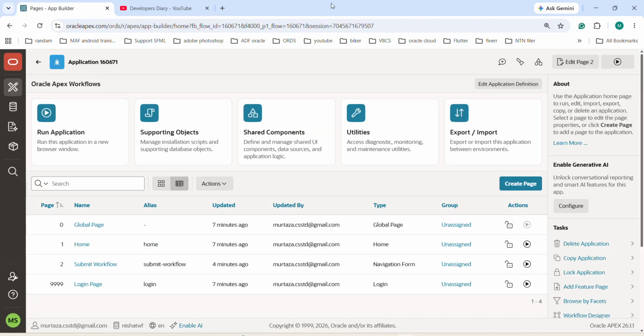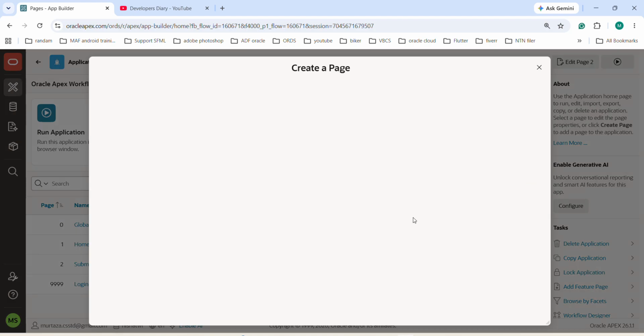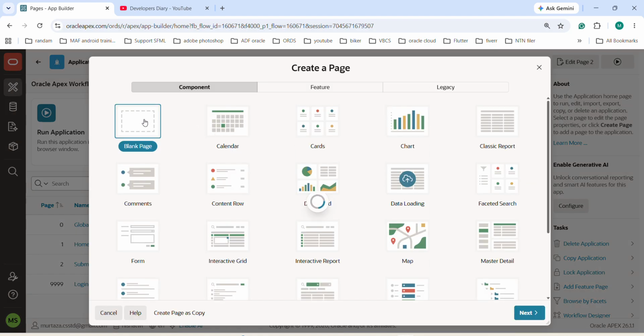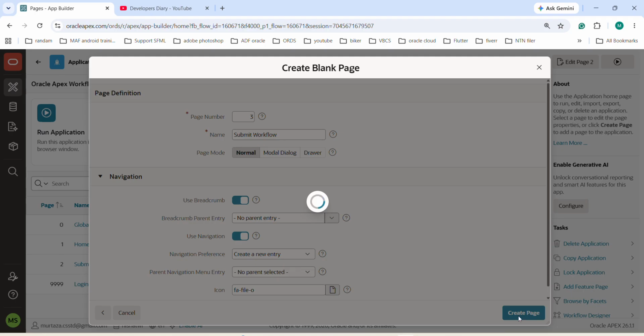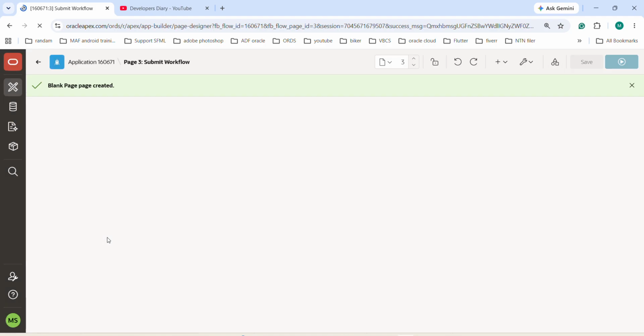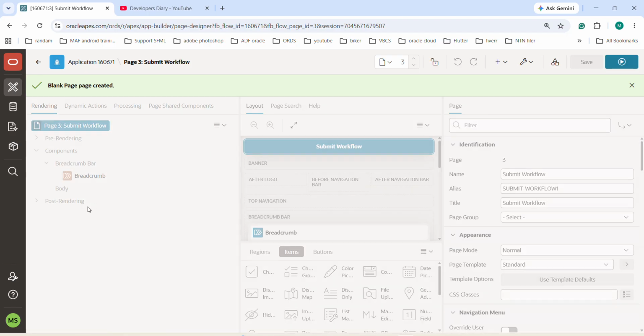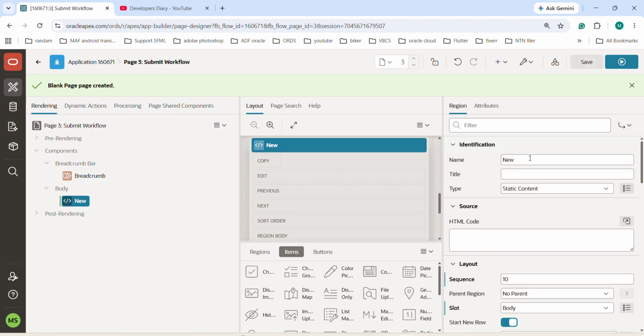So, first of all, we shall create a blank page, and this page will submit the workflow. So, name it as submit workflow. Click create and create a region. Workflow page